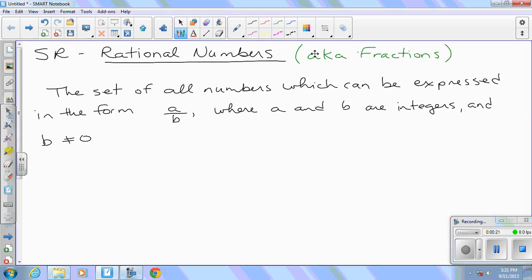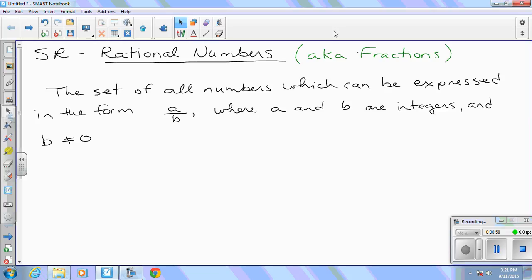Okay, the formal definition. The natural numbers, whole numbers, and integers, we were able to list as a set using brackets and an ellipsis, the dot, dot, dot, which we usually think of as meaning etc. We could list all those other number sets that we looked at so far, but you can't list all the rational numbers. So instead, we need to use a definition, and the definition of rational numbers is the set of